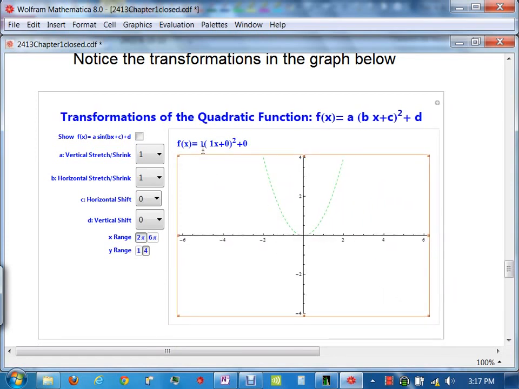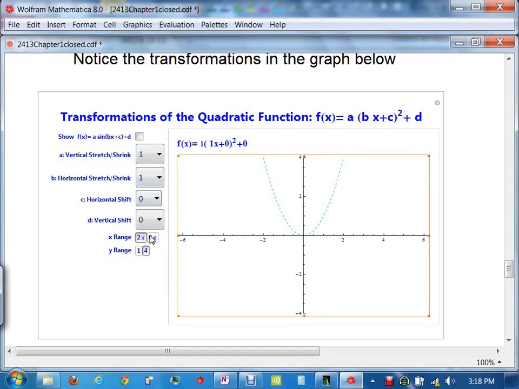See how this says 1 times x plus 0 squared plus 0. Isn't this just 1x in here? So isn't that just x? Isn't that just x squared? Times 1 is x squared, plus nothing is x squared. So this is just x squared, right? So let me